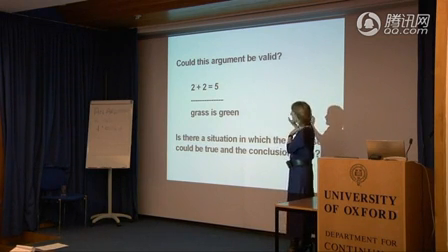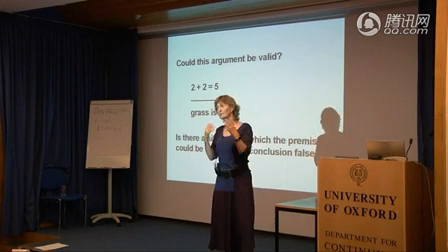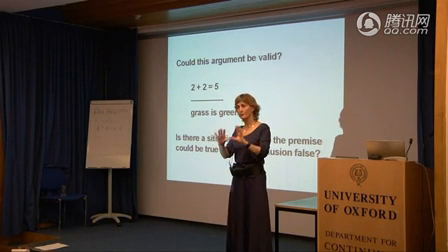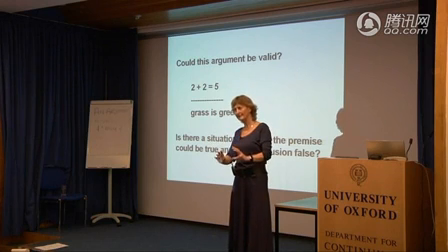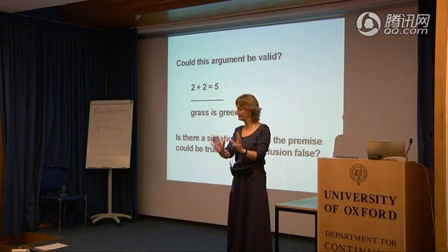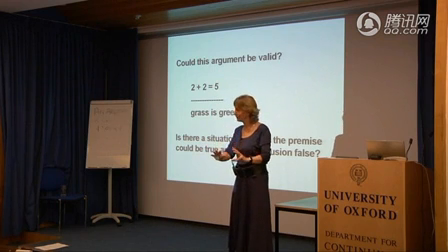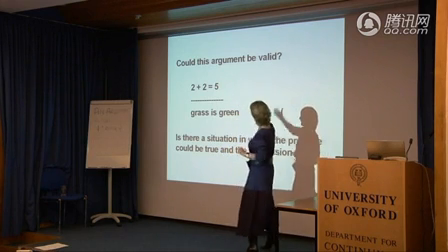Okay, the definition of validity: an argument is valid if and only if there's no possible situation in which the premises are true and the conclusion false. And what matters is that it's a possible situation, not an actual situation, and that it's the combination of true premises and false conclusion that's ruled out. Okay, that's the definition of validity. Now, here we have an argument.